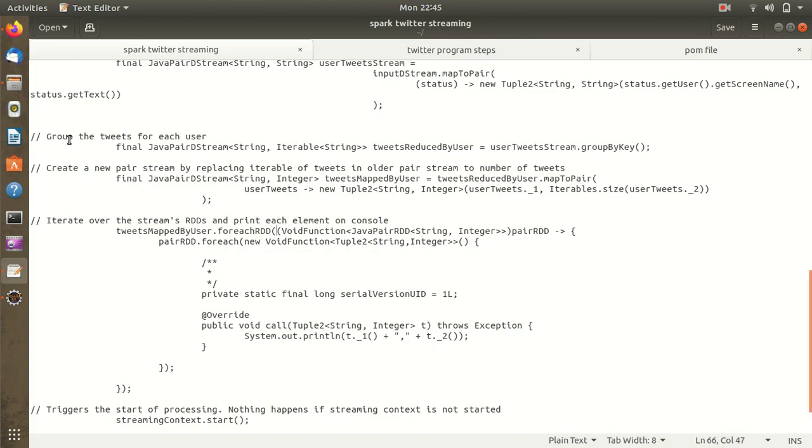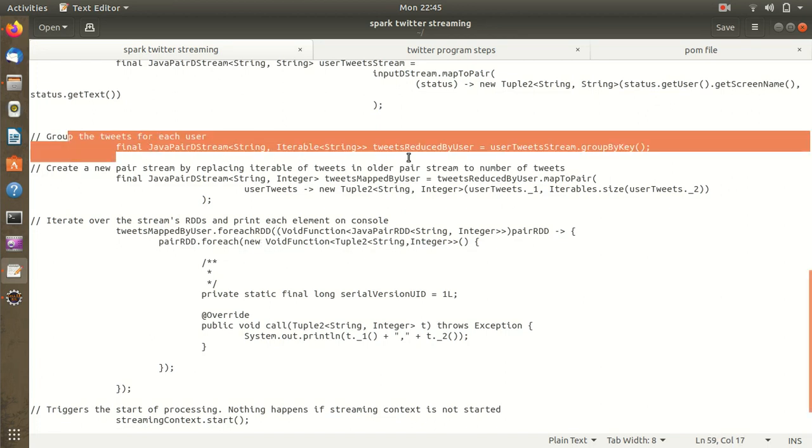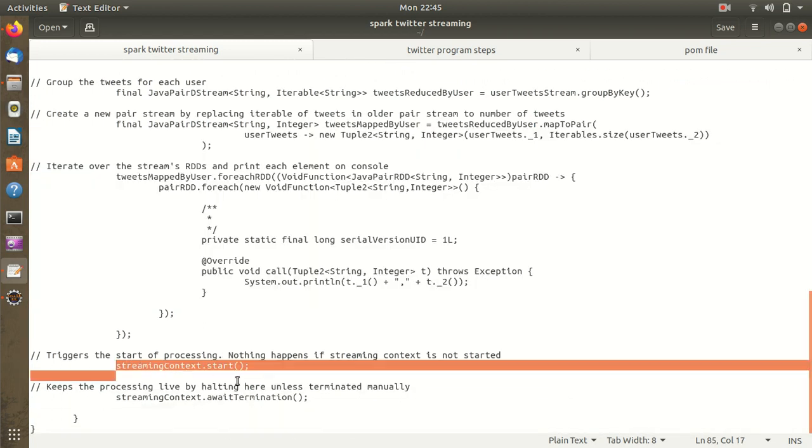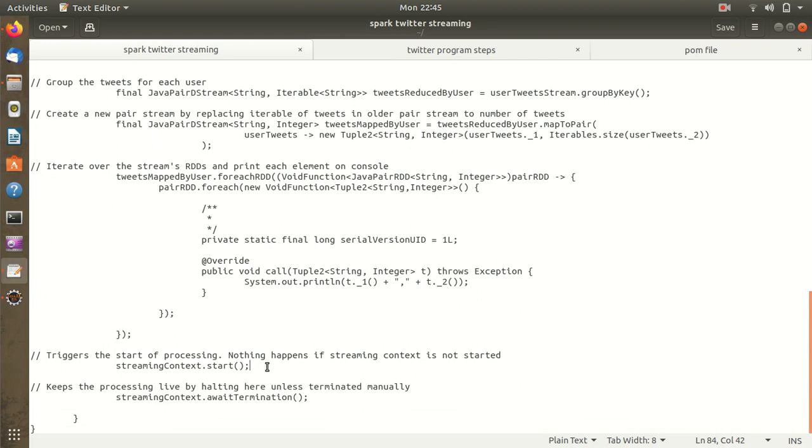So after the grouping, after we club the tweets together, these two steps go through some iteration, and once we got the results, we need to print those results on the screen.